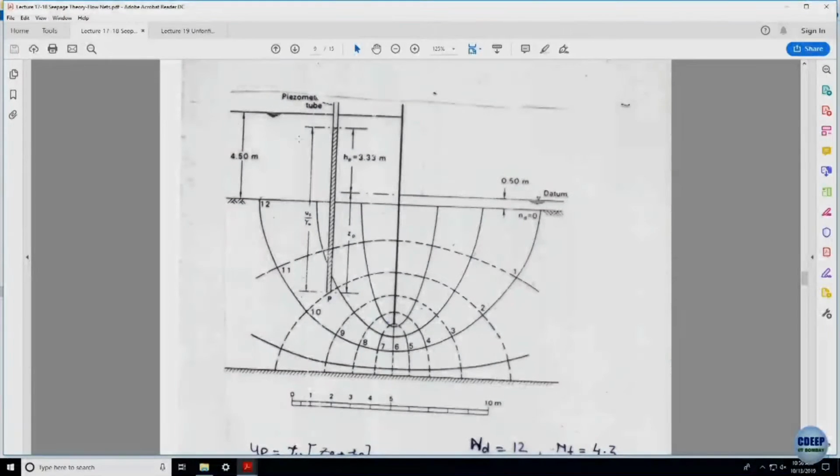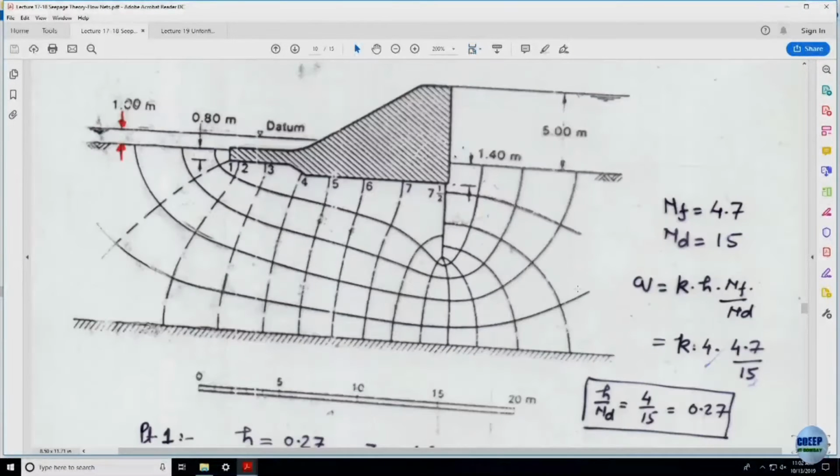There is another interesting problem, and this is something to do with what you were asking in the last lecture. There is a body of the dam or a weir. In hydraulics course you must have studied the design of weirs. So, this is the cross section of the dam which is retaining water with a water head of 5 meter, and downstream side you have a water tail of 1 meter. As the thumb rule is that tail water level is considered as datum. Draw the flow net number 1, find out the NF and ND.